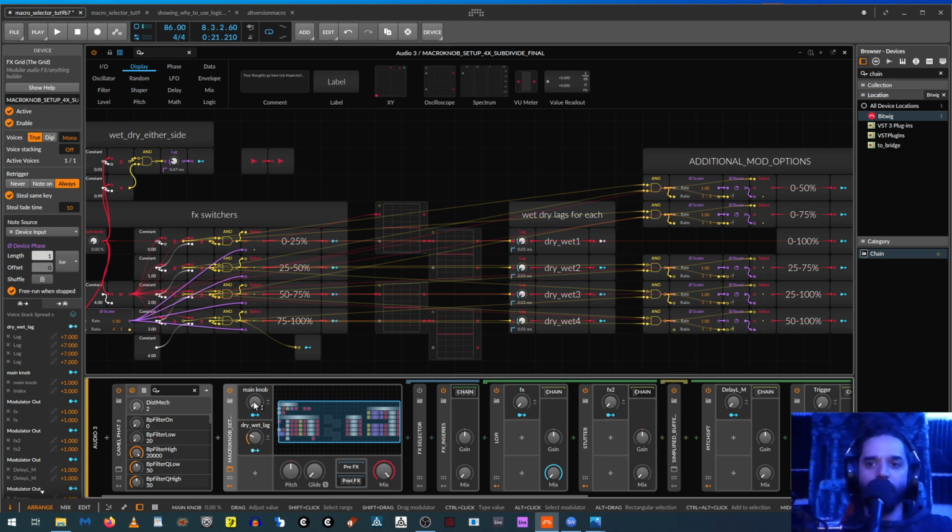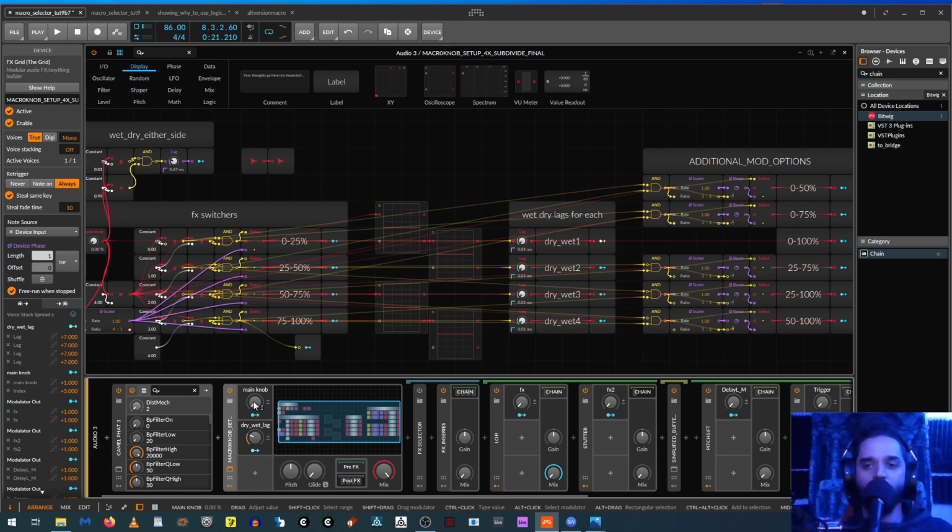So you might be looking at this and thinking, why is any of this necessary? Because we already have an effects selector. And the reason I'm doing this is because even though we have the effects selector, for one, we don't have a mapping editor in Bitwig that works like Ableton's, and that, if I want to, for example,